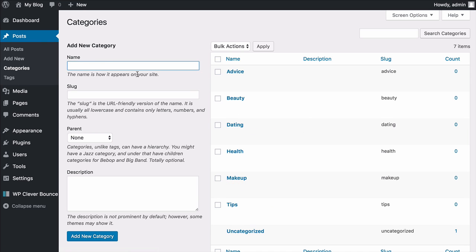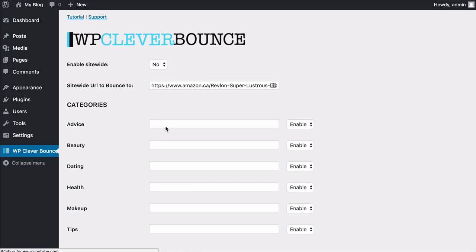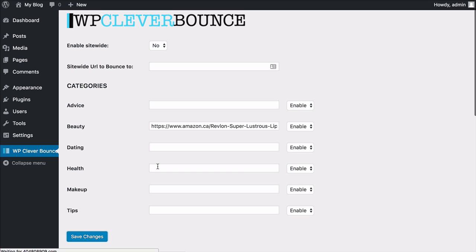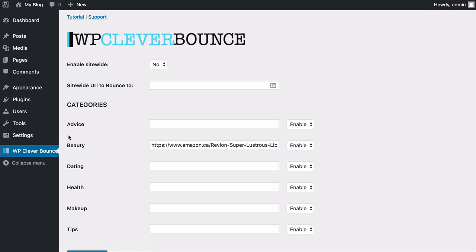What you could do is set it to check which posts belong to which category, and you can redirect people based on the category that they're in. As an example, if I wanted to redirect people that go to beauty to this URL address, which is an Amazon offer, then I would just click Save Changes here. And what would happen is any post that is tagged under the beauty category, whenever the visitor tries to bounce